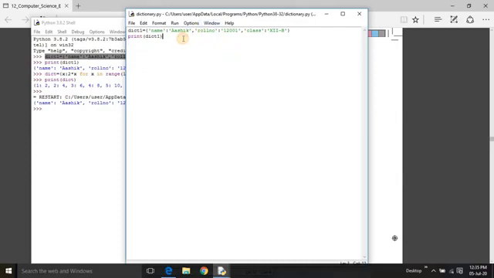Suppose you want to access only one element, how should you give it? Print name of the student, your dictionary name, and then within square brackets you have to give the key value.